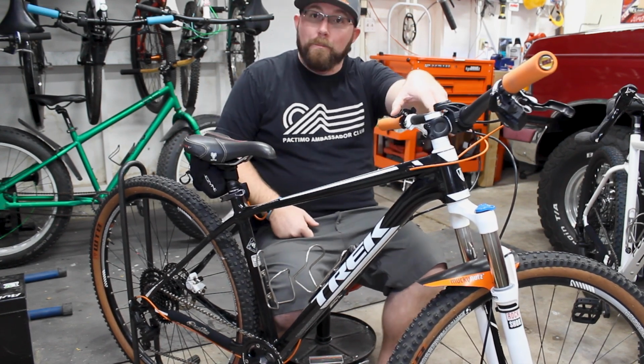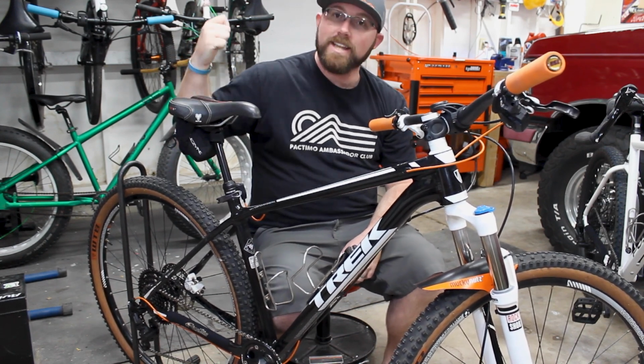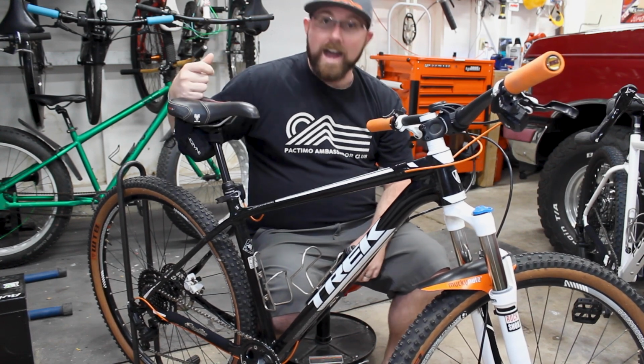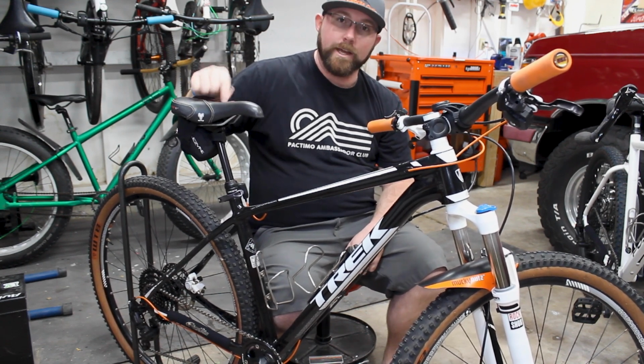Other thing you're going to have on a mountain bike is going to be a dropper post. While a dropper post is starting to become a little more common on a gravel bike, it's definitely not as common and essential as it is on a mountain bike. You're not going to find it on every gravel bike versus pretty much any mountain bike you find now. It's going to have a dropper post, or you're going to get recommended you should get a dropper post to